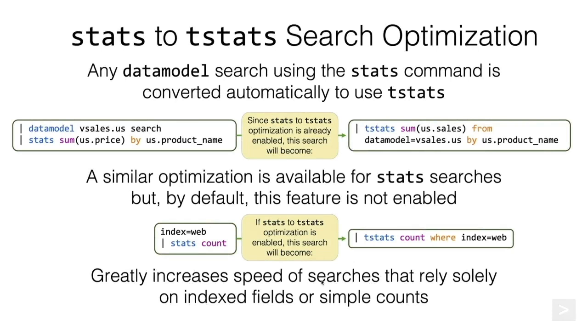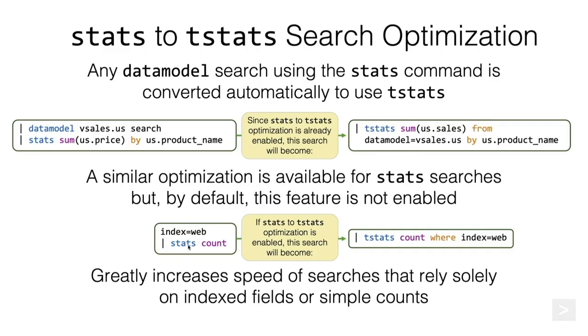Because of this, there are going to be certain syntaxes in SPL that Splunk will attempt to convert to a tstats. For example, if you are using the datamodel command and piping that through a stats command, Splunk will actually convert that and run the tstats version of that command. There is also a similar option available for simple stats to tstats, but this optimization is not on by default. It's actually turned off, but you can go ahead and turn it on, or I should say your administrator can